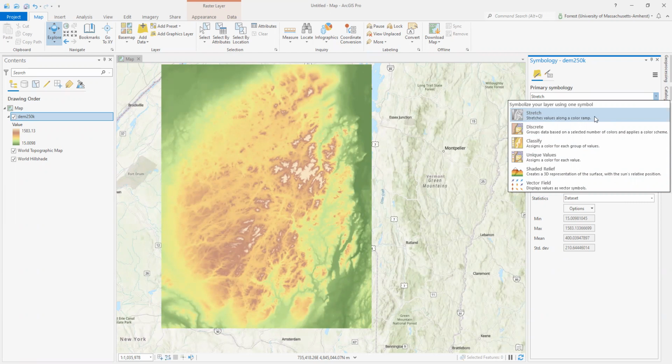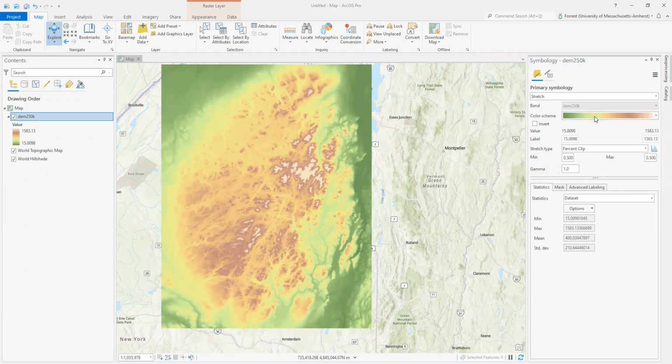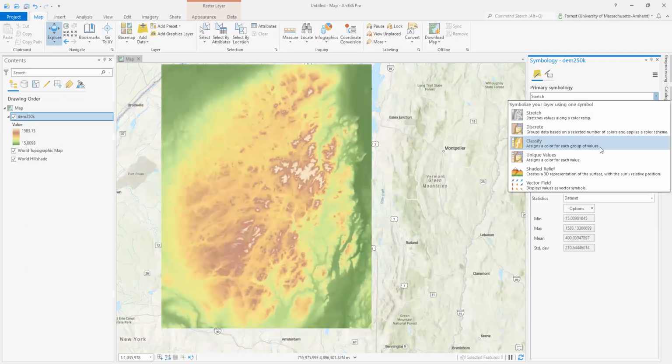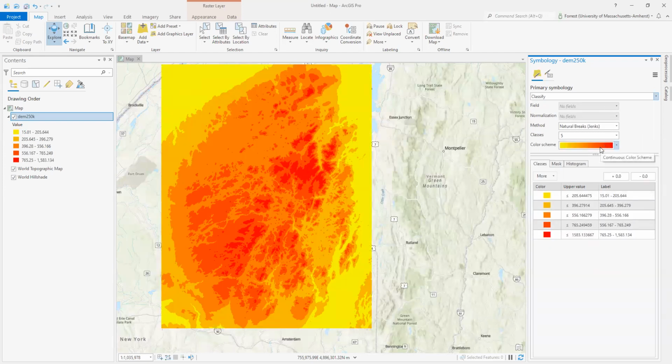We can symbolize it by different methods, different ways of grouping our data. I'm going to pick classify here because in some cases, we're not interested in all of those values stretched across, but we're interested instead in specific groups or bins or classes or collections, all of those words meaning about the same thing. We're interested in different congregations, different groupings